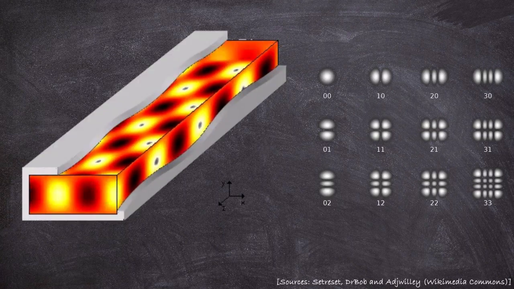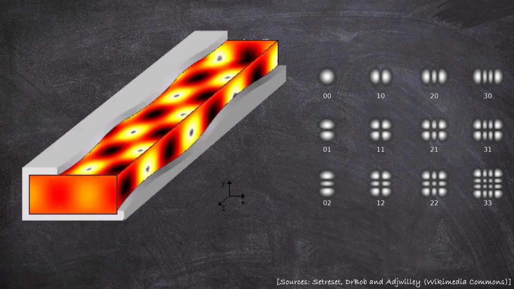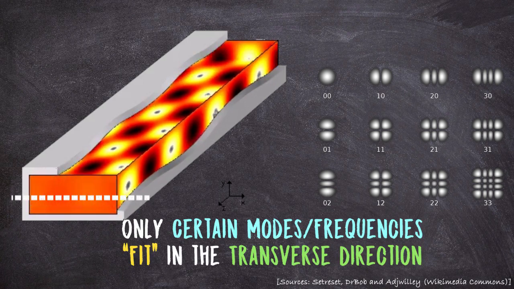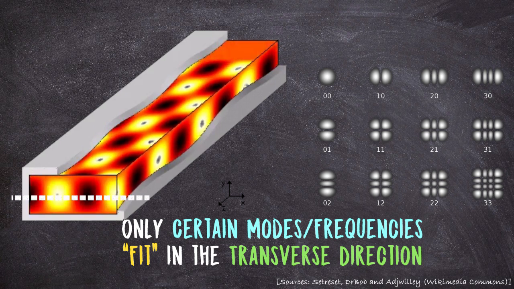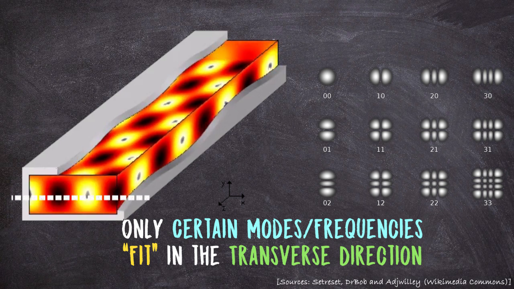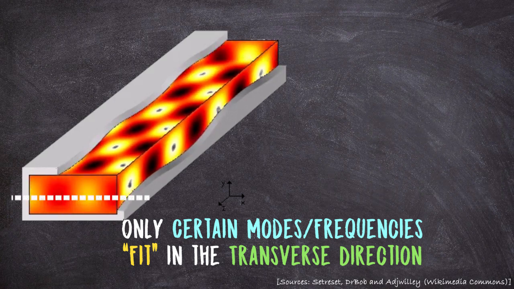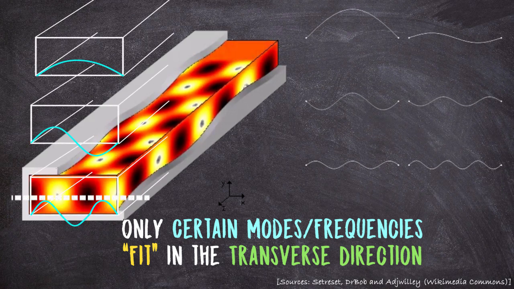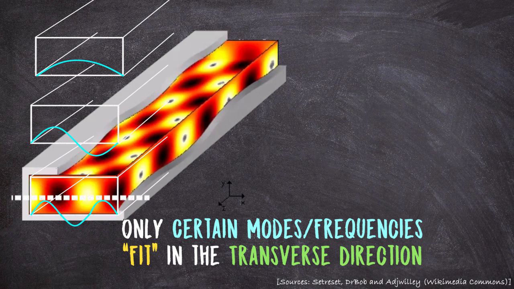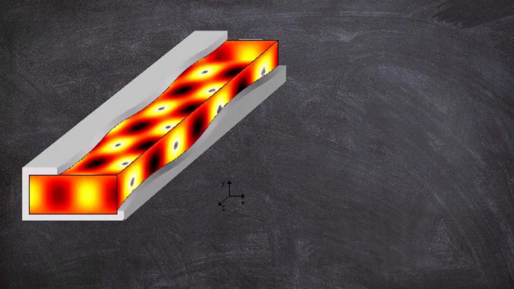So waveguides are a very common technology, and a basic property of waveguides is that because they're only so wide, only certain so-called transverse modes can exist within them. By transverse, we mean the direction perpendicular to the way the wave is moving, and in this direction things are much like a guitar string. The edges of the guide clamp down the wave, and so only certain notes or modes can fit.